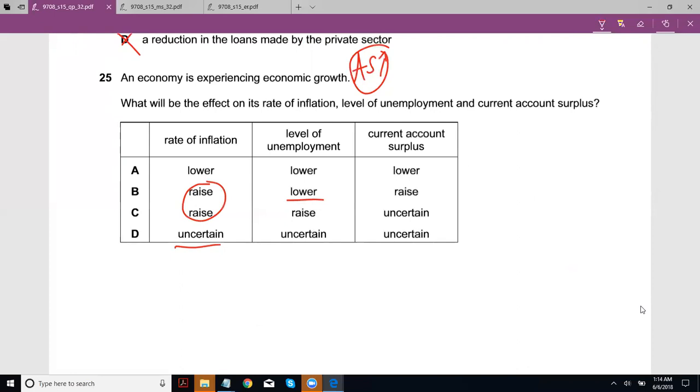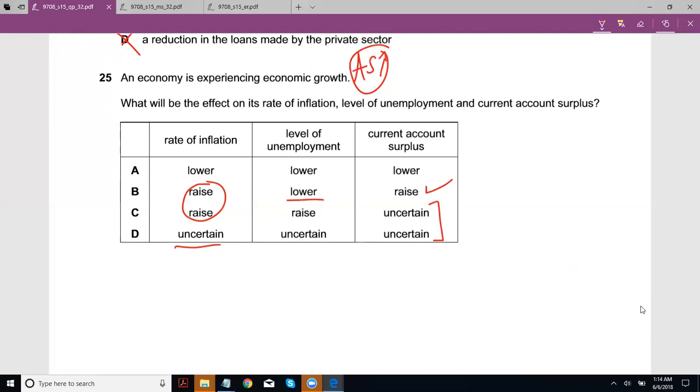That makes things interesting. Your current account surplus, if you're experiencing growth, I believe the surplus could either be uncertain. I think surplus depends upon a lot of other things, like what the elasticity of the product is and everything else. That's true. So what do you suggest we do here? I would go for D because